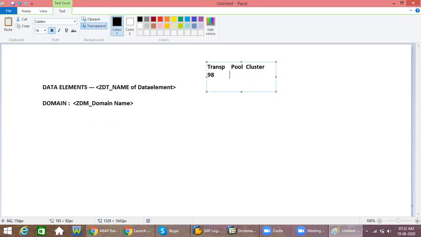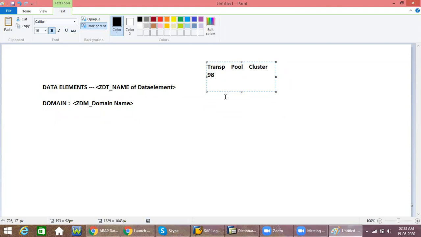Even many people working with me also didn't create them in real time. But as a developer, we need to know how to create and how to use it, that's it. Whatever I explained, in real time you may not get a chance to create a table at all.